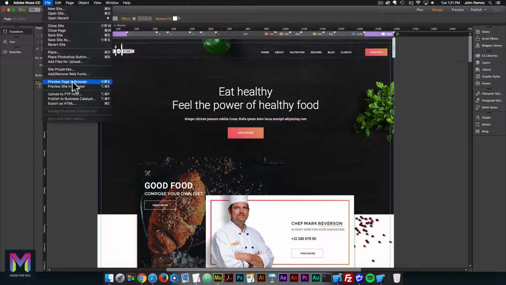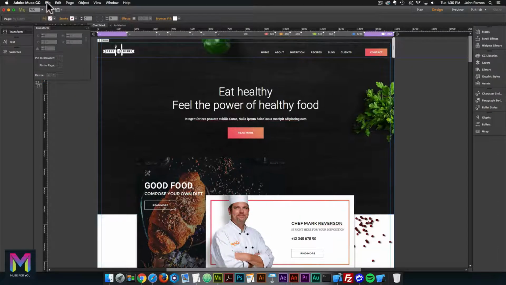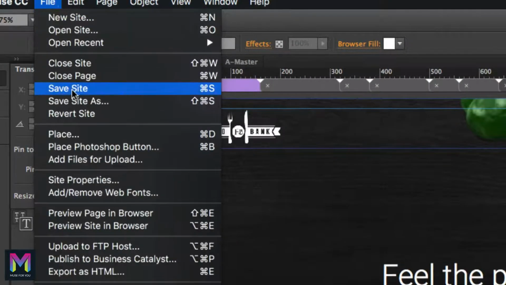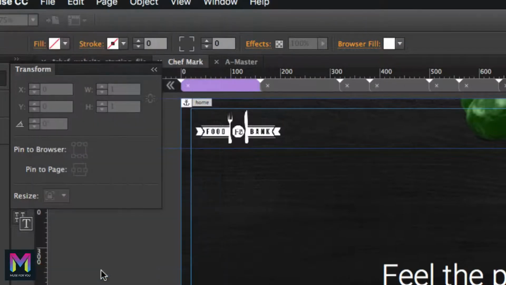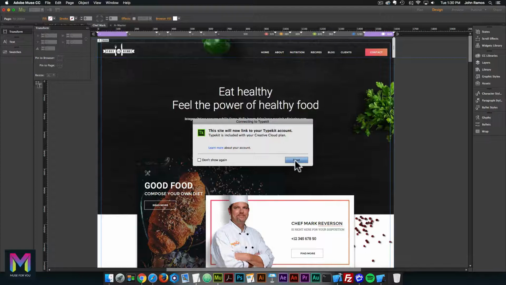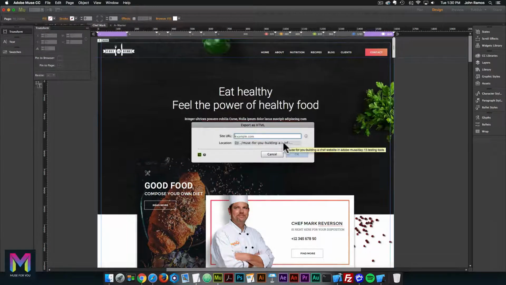So rather than having to preview the site all the time, or if you want to send the site to someone else, you can export the site as HTML and then zip it up and send it to someone. So you can export the site to HTML by going to File and then select Export as HTML here at the bottom. So I'll click there, and then here you can click Next, and then here you can give the